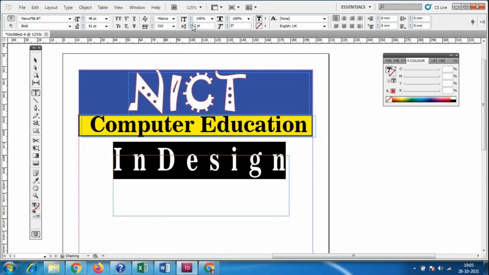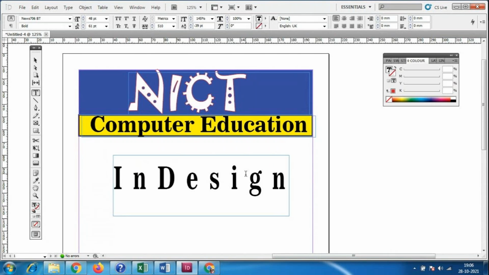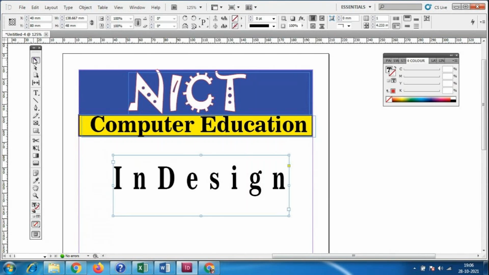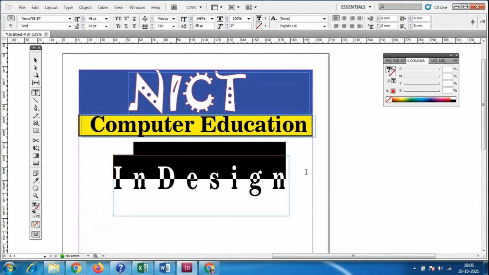Here again we are using it for the paragraph, so we have to set it for the top and bottom like that. This is for when the text comes in between this box. Now the design is such that the text is coming in between this box, so that time we have to use it like this. Here it is not working, because we have to select it like this. Always double click on this, select the text, and next use it like this.